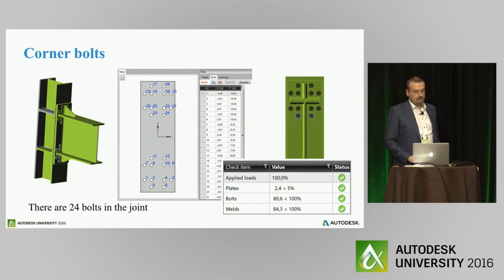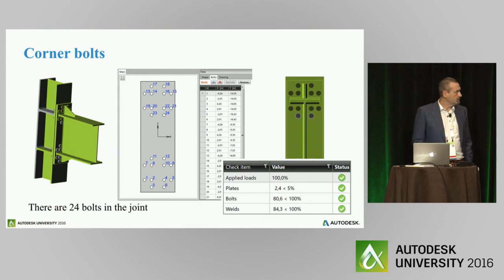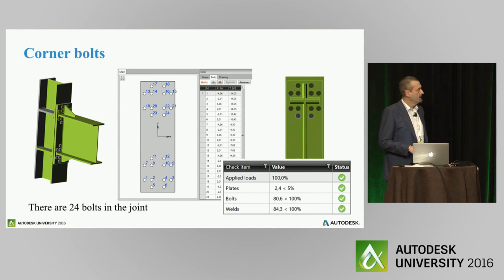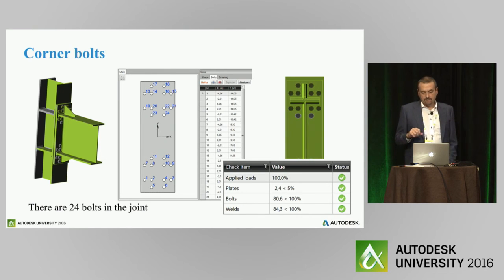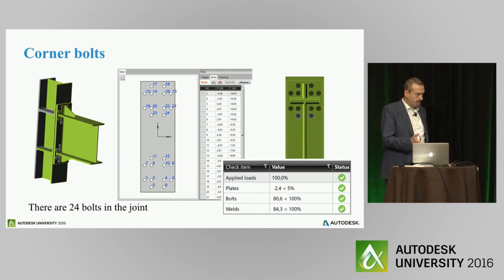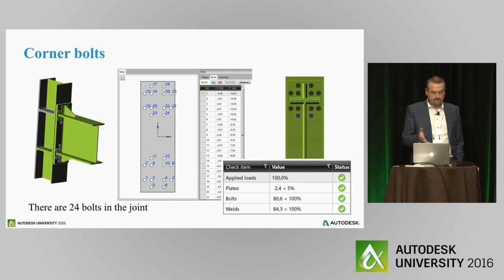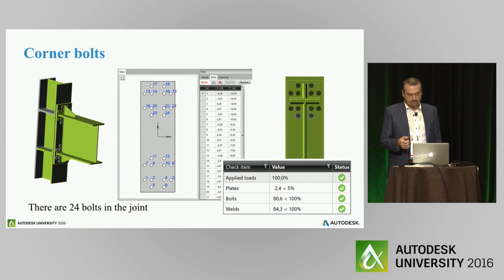In our tool we are able to edit the position of bolts and maybe delete some of them. So in the first step of optimization, we deleted 4 bolts in the corners and calculated again. And you can see that, in fact, nothing has happened. These bolts in corners were really not used. So we can continue